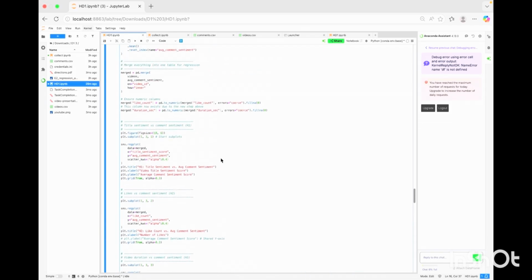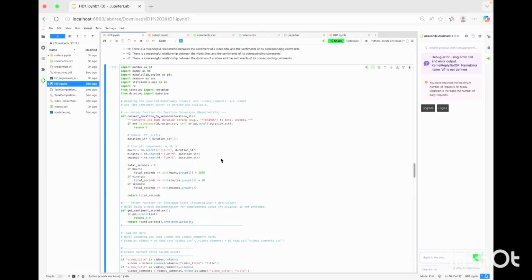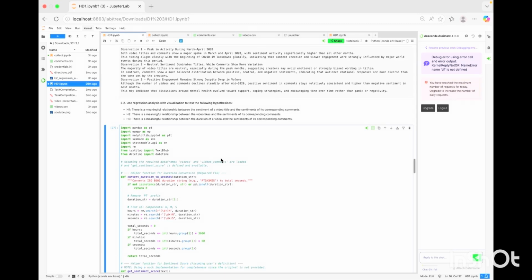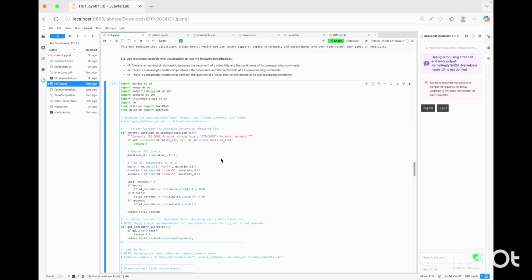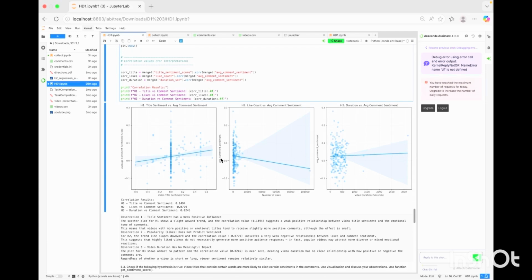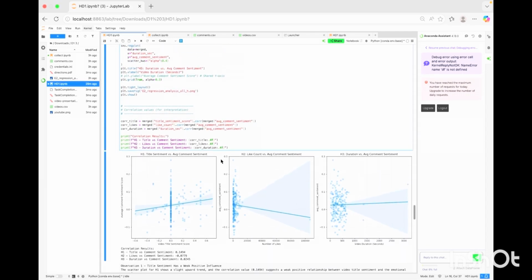So this whole code has explained what we have done. We have cleaned and prepared video and comment data, calculated sentiment of titles and comments, merged everything to analyze the relationships, plotted regression charts to visually test the hypotheses, and finally quantified the relationships using correlation. So as we can see it over here,